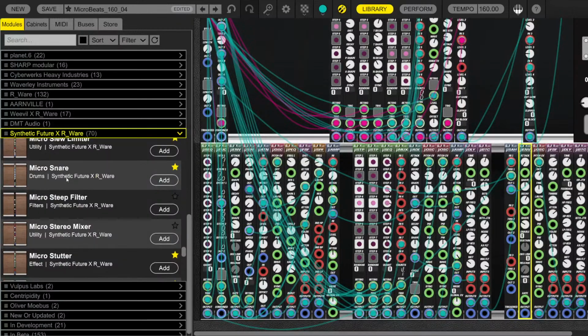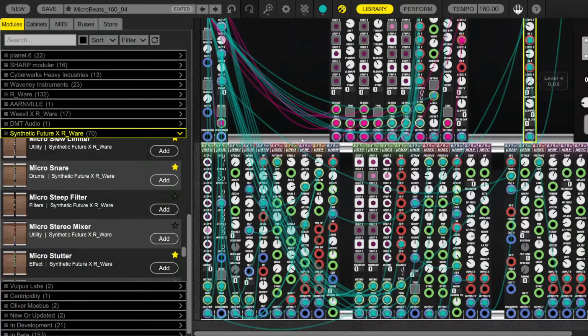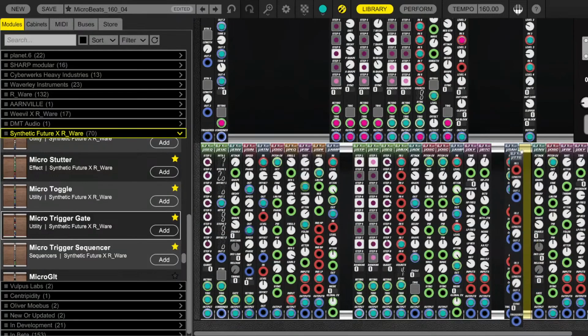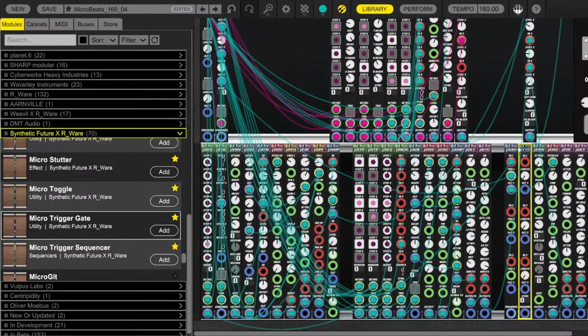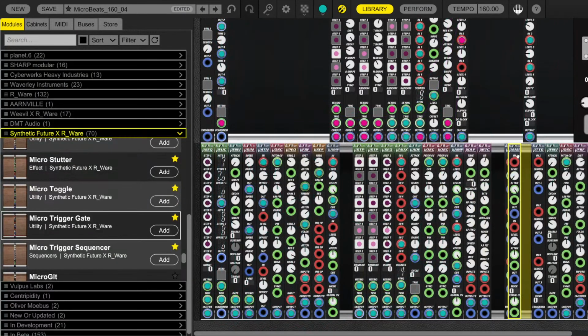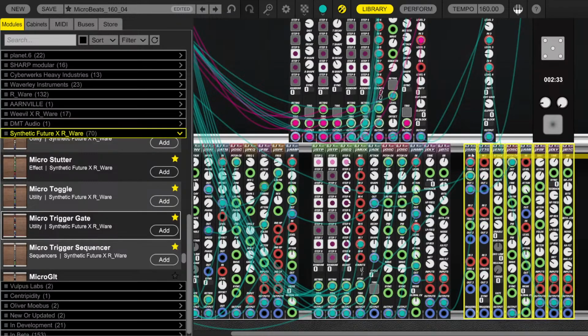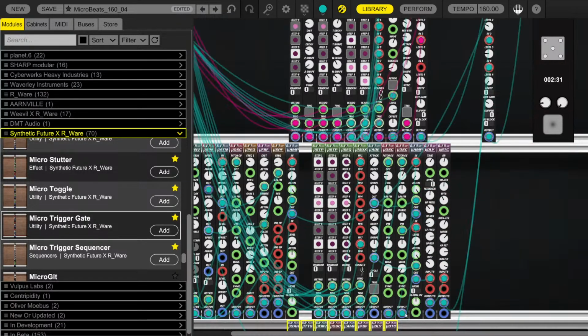And in this case, I really want to use it as an ADSR. So I will need a trigger to gate module, and our trusty TTG trigger to gate provides that functionality just right. I will need an amplifier for that, and now I'm running out of space. So let's move this down in the cabinet